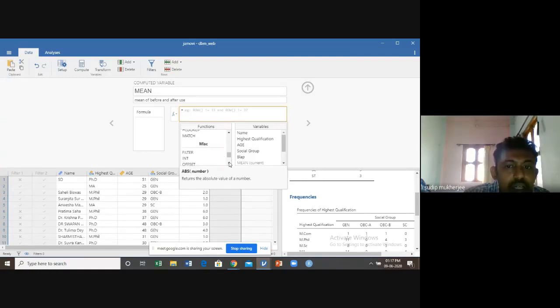Here are statistical function, logical function, and text function. Moreover, you can also do simulation with this particular package. So our objective is to find out the mean value of these two variables. So just double click on mean.